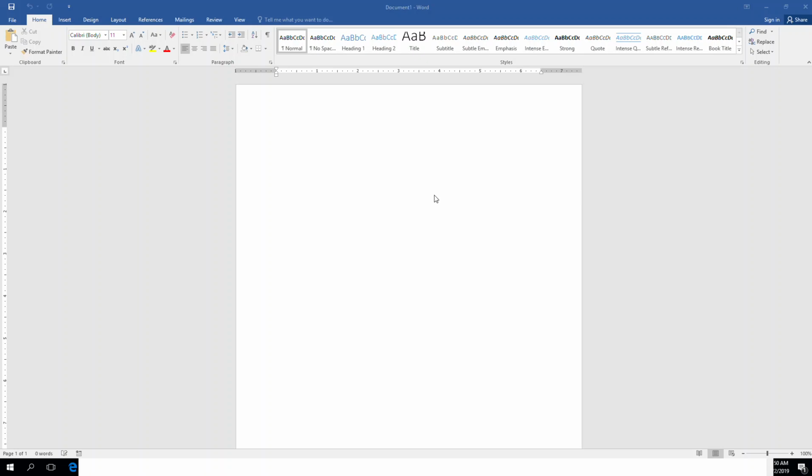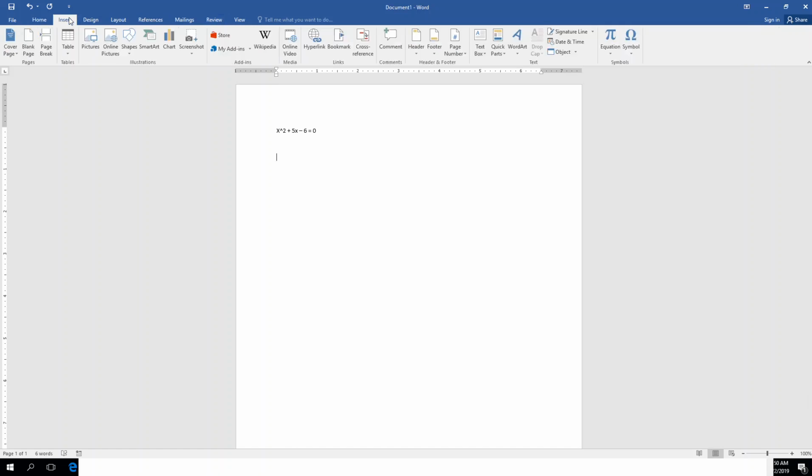Let's take a look at creating math equations in Word. If I wanted x squared plus 5x minus 6 equals 0, I could do a caret, and that looks like more or less x squared. Now, in the newer version of Word, though, there's an insert, and then over here under the symbols